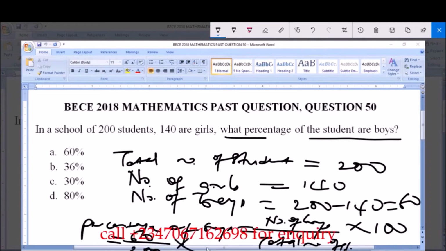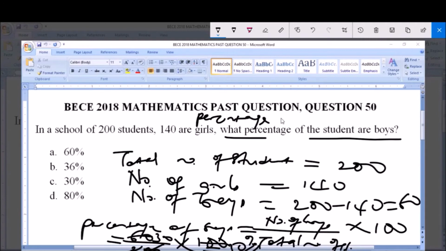Then multiply by what? 100. This 20 here, we cancel this 0, and then 60 divided by 2 will give us what? 30. So therefore the percentage of students that are boys is equal to what? 30%. That is, percentage of students that are boys is equal to